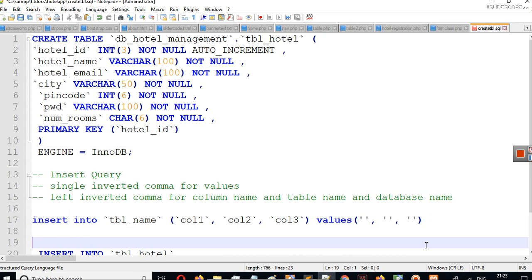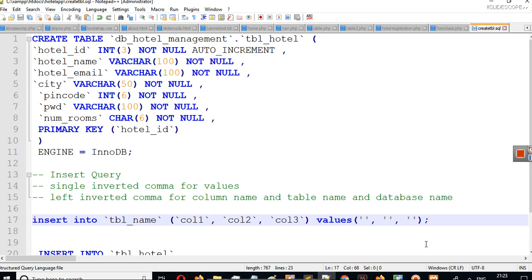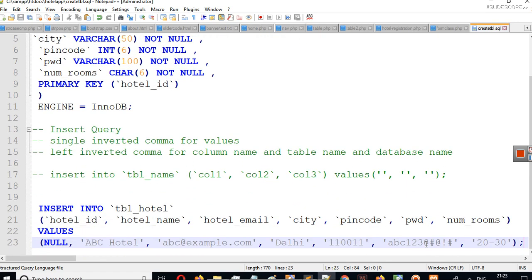So this is how we write an insert query, and then we have to write a semicolon here. You have to end your query, and I will comment it. A similar thing is written here. You can see insert into TBL underscore hotel, hotel ID, hotel name, hotel email, city, pin code, password, num rooms.